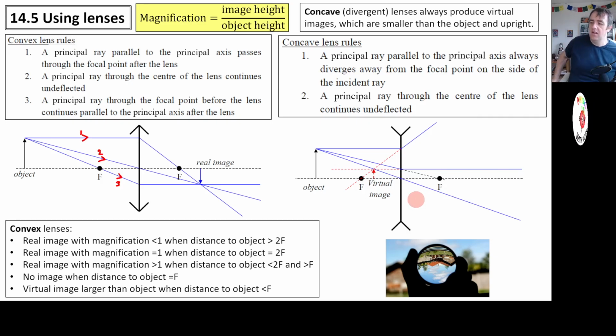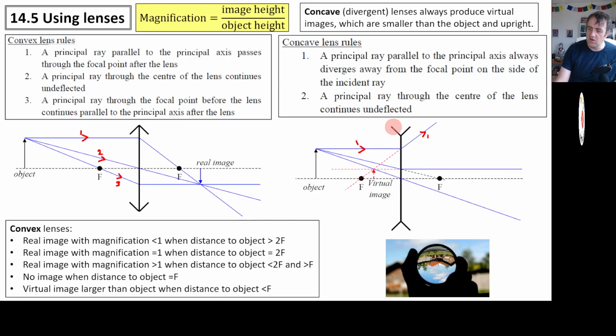The principal rays here are kind of similar to the convex ones, but all inside out. So the first principal ray, parallel to the principal axis, is how it starts. That sounds familiar. But then rather than converging towards the far focal point, it diverges away from the near focal point. In order to know where it diverges, you need to draw a dotted line, a construction line, between the focal point and the point where your first part of the first principal ray is incident upon the centre of